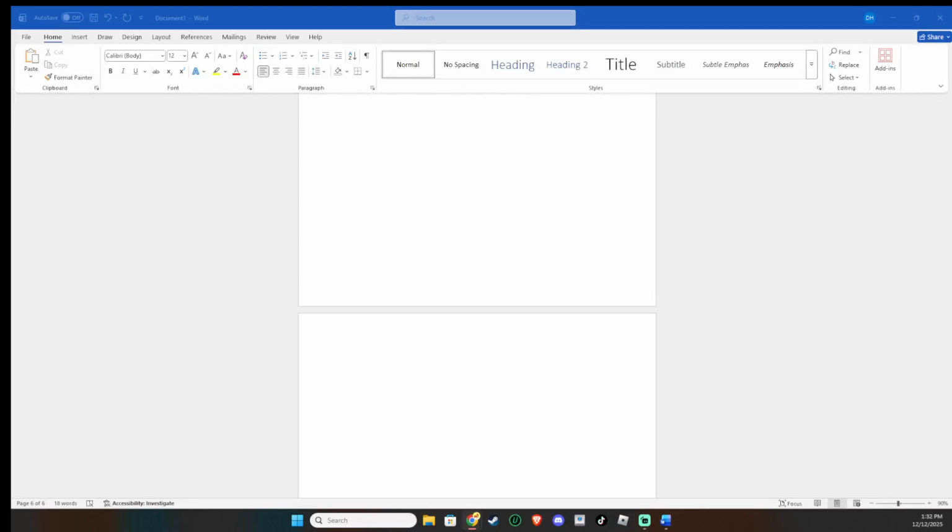In today's video, I'm going to teach you how to write a fraction in Microsoft Word. Let's start by getting your document ready. First, place your cursor exactly where you want the fraction to appear. This matters because Word will insert the fraction right at that spot, and it will move with your text as